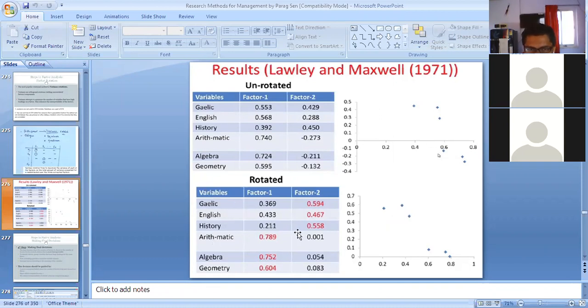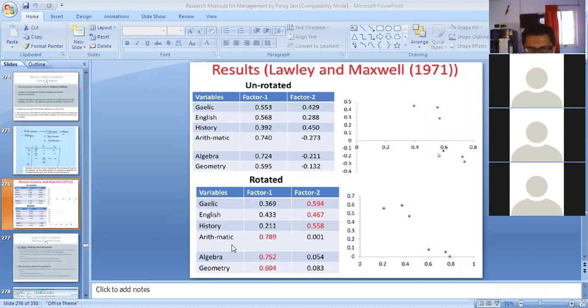And you can also see that arithmetic and algebra and geometry are very highly loaded onto factor 1. So you can also conclude that they are loaded onto factor 1, and factor 1 must be something which is related to analytics or mathematical skill. Okay, now if you have a look at